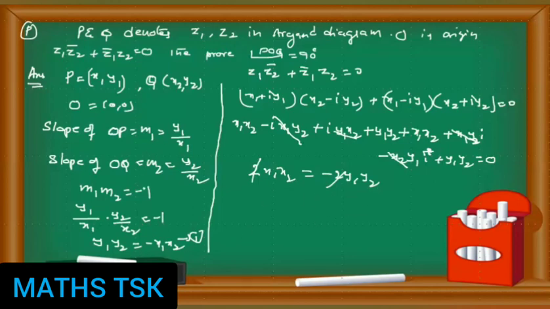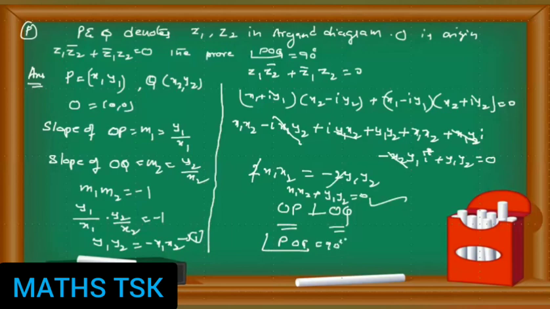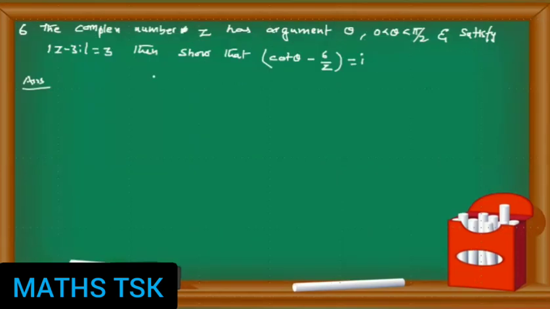From equation 1 we can conclude that OP is perpendicular to OQ. Since m1 into m2 is equal to minus 1, it is possible only when OP dot OQ is equal to 0, or else you can write it as x1 x2 plus y1 y2 is equal to 0, no? So this is the condition that you can say that OP is perpendicular to OQ. So angle POQ at O is equal to 90 degrees. OP and OQ slopes are perpendicular, therefore at O we will have 90 degrees, pi by 2.